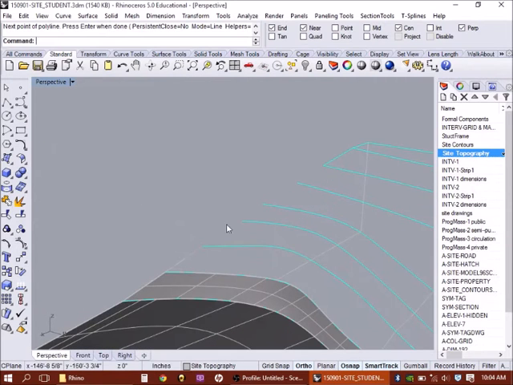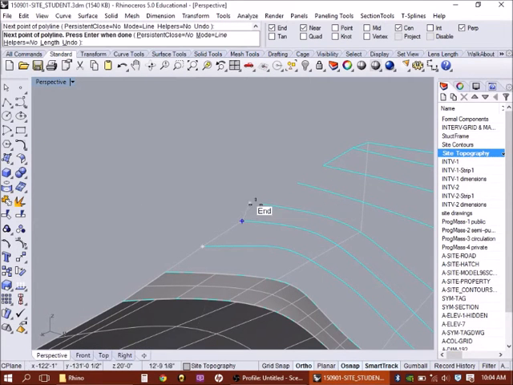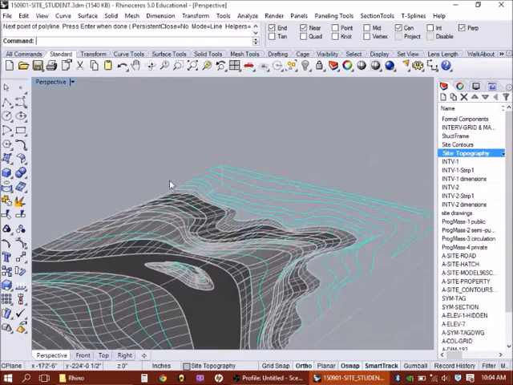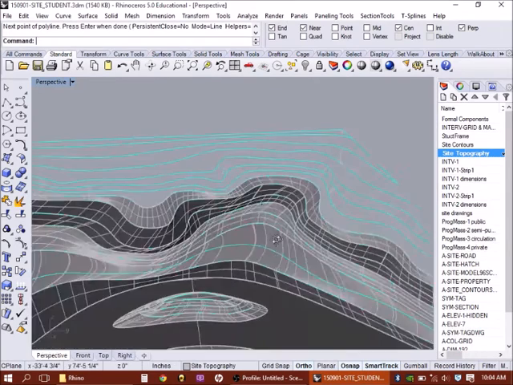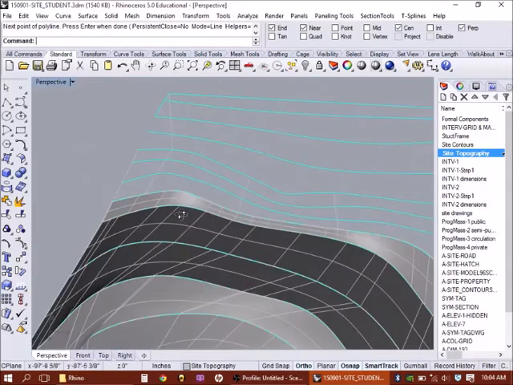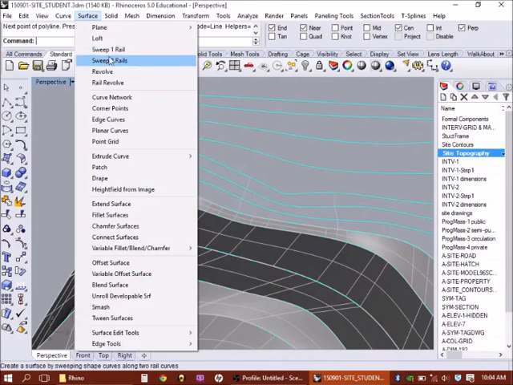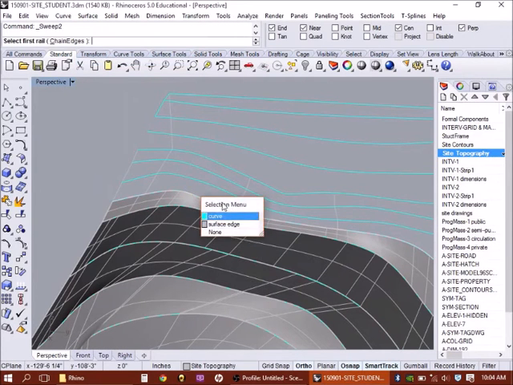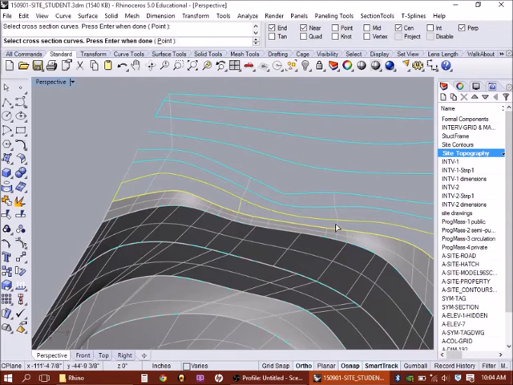And I'll make sure I have curves here. Okay, so I'm going to go through surface, sweep two rails, profiles,